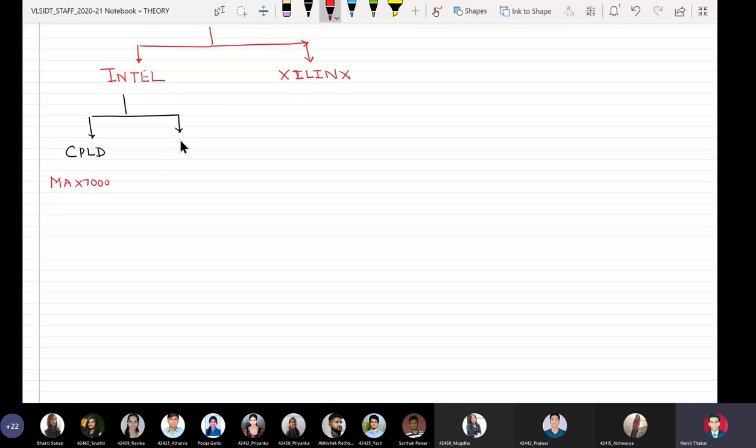That was the product. And as far as FPGAs are concerned, they have the Stratix family. Similarly, as far as Xilinx is concerned,